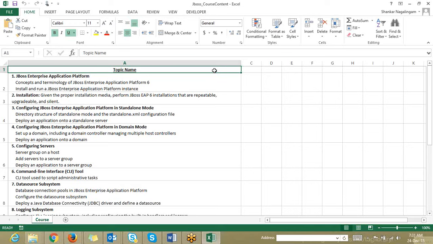Okay. So for the installation purpose, is that the same? We have options: standalone mode and we have one more, domain mode. Right. So for all the versions, do we have these options, or only for 6.x? Only from 6.x we have this option. Before that we didn't have this option. We used to just unzip the software, JBoss installation is done. And most of the time we used to go with the default profile.